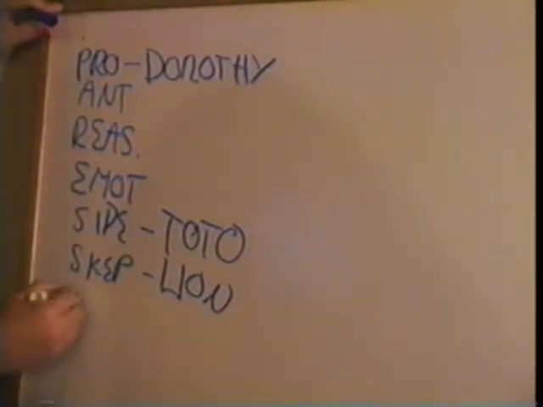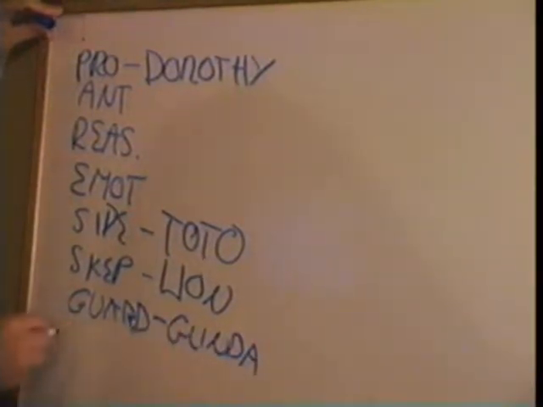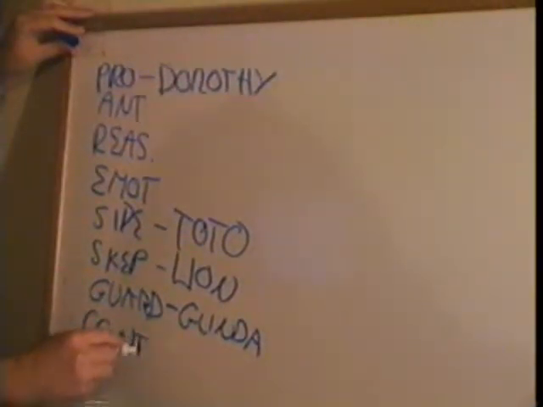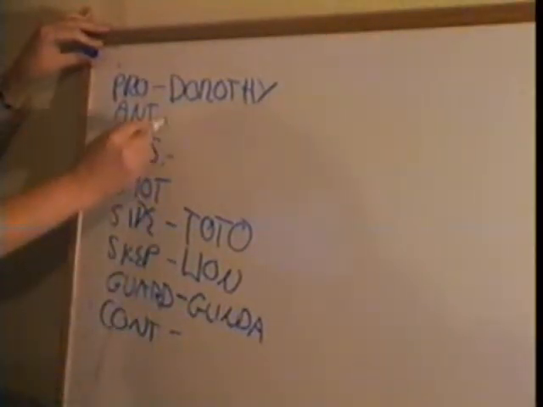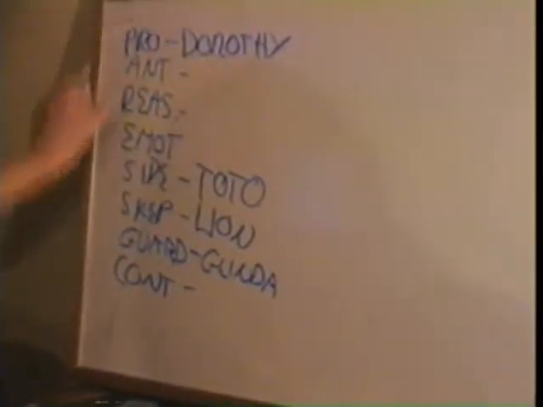And then we have the guardian, who is also clear in Wizard of Oz, and that's Glinda, the good witch. She's very much Obi-Wan Kenobi. And finally, we have the contagonist, and the contagonist we're going to leave blank again for a moment. So, let's zoom in a little closer, get about 4 of these at a time so we can really read them well. And we're going to talk about the first 4 here.